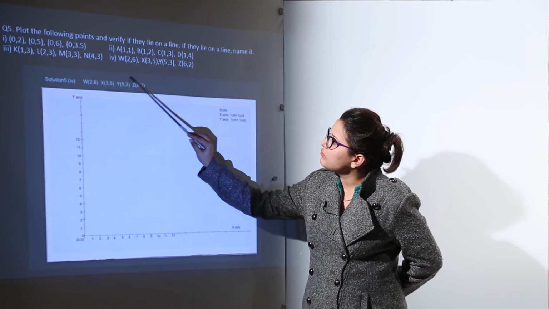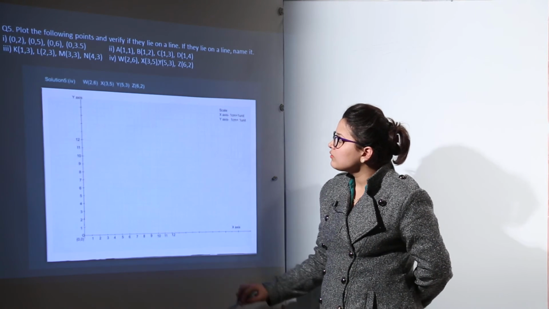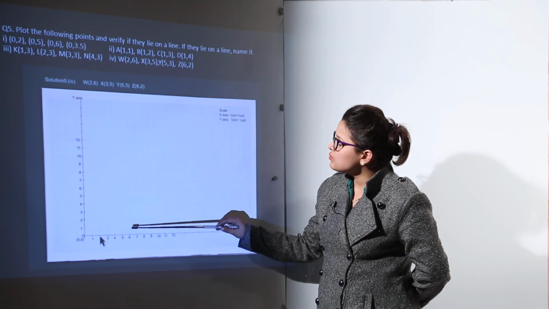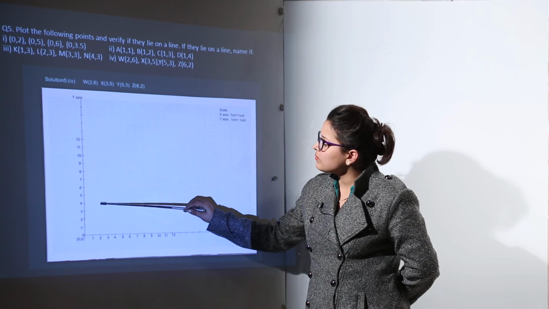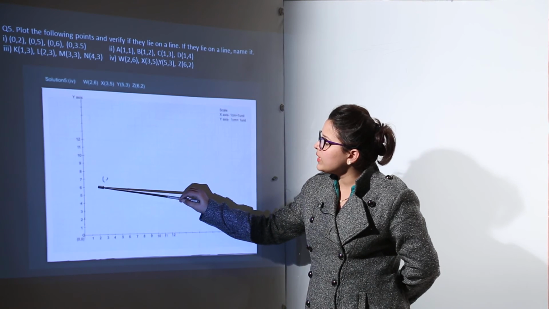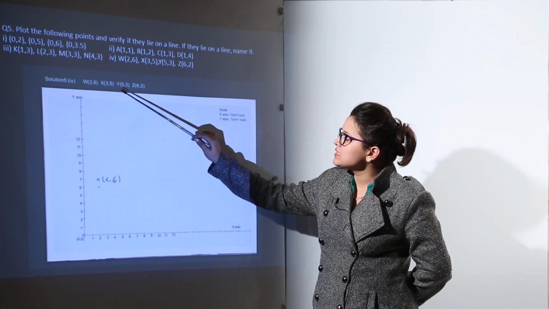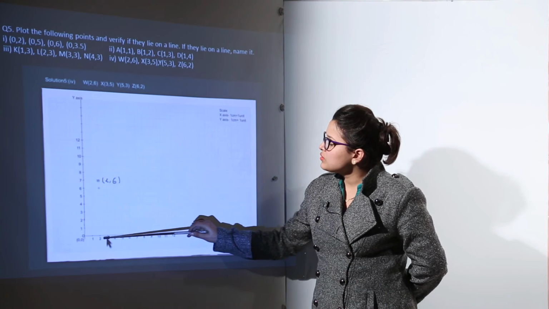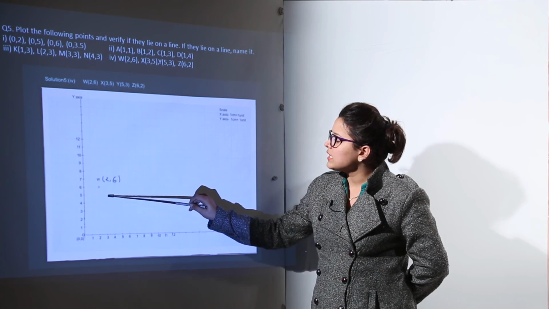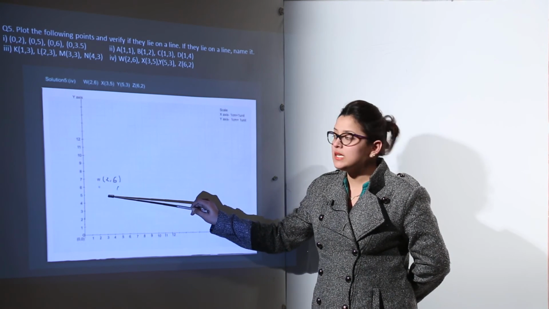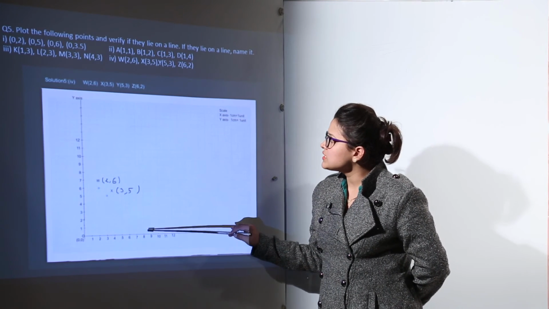Next part is your fourth part, which is W given as (2, 6). So we start from the W point, that is (2, 6). 2 perpendicular distance from the x axis and 6 from the y axis, that makes this point as W point, which is (2, 6). Next is X, which is (3, 5). So you move to third position on x axis and fifth position on y axis, that is the point X, making (3, 5).